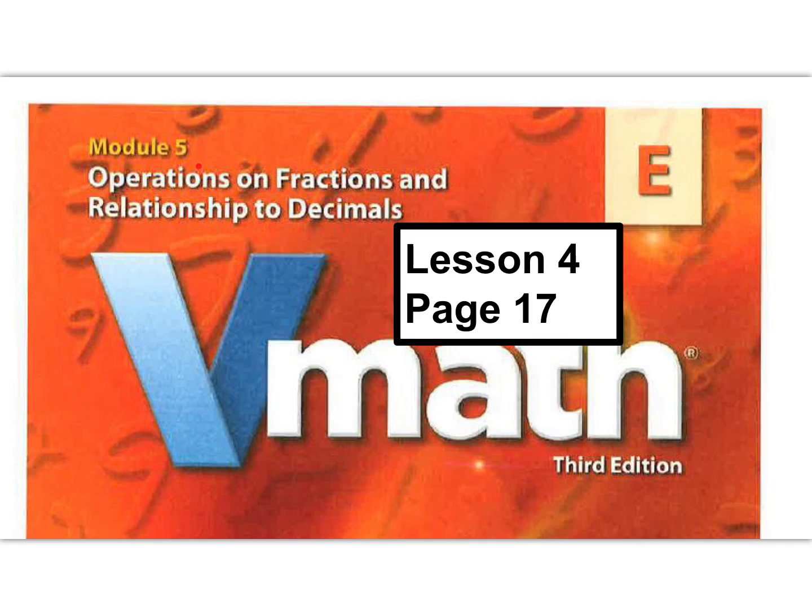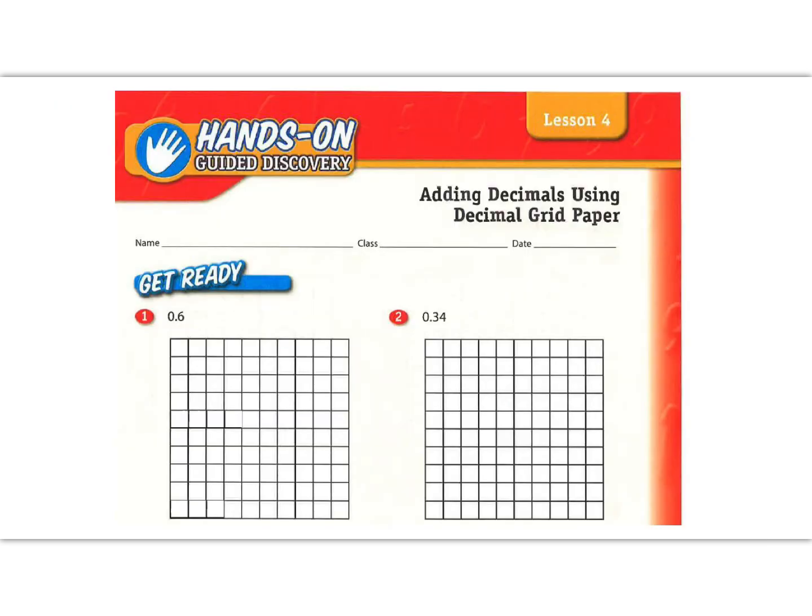Everyone, today we're on Module 5, Operations on Fractions in Relationship to Decimals. This is Lesson 4, so turn to page 17 in your packet and follow along to take notes. For Lesson 4, here it says adding decimals using decimal grid paper. So this is a great strategy. You can use grid paper either online or on actual paper